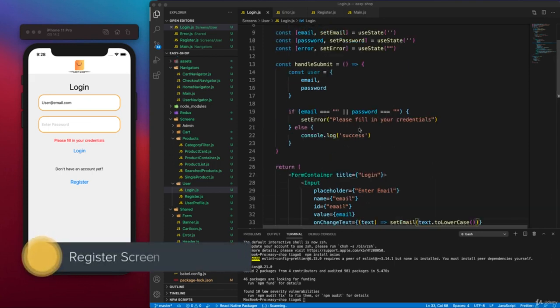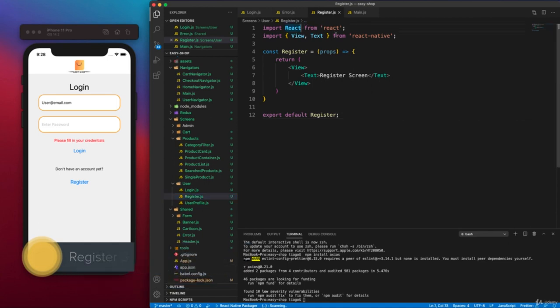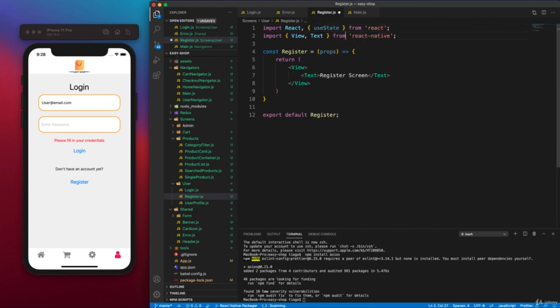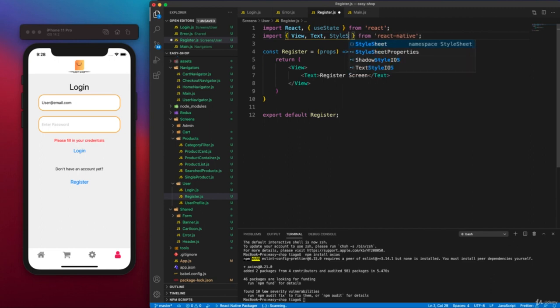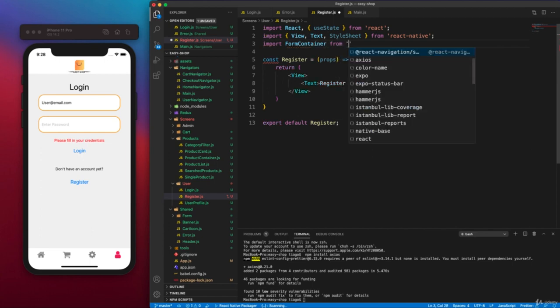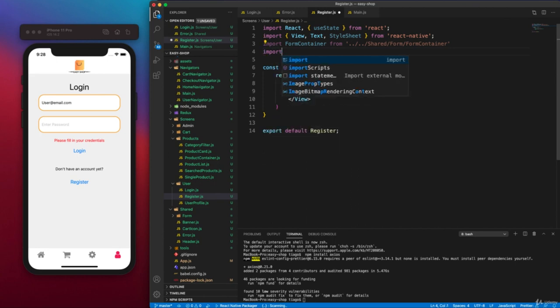And now for our registration page, we will create the UI for it, and we'll need also from React the useState, and from React Native we will have the View, the Text, but we also need the StyleSheet. We also need our custom components, so we'll have the FormContainer that comes from our shared folders, so 2 levels up, shared, form, and the form container. We also need the input from it, so import Input